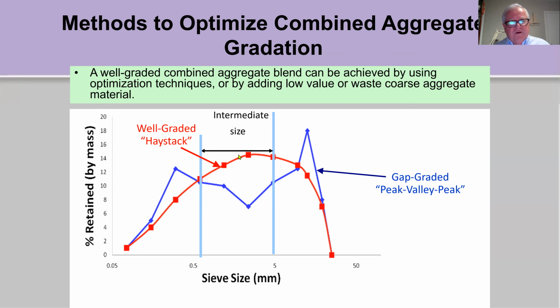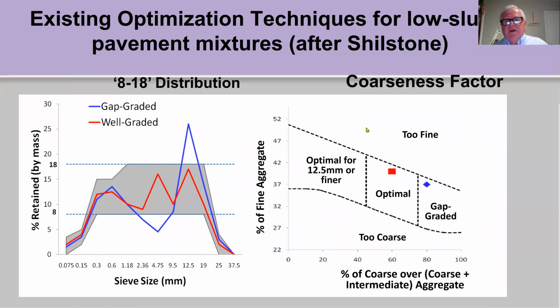What you would prefer for optimized gradation is what they call a haystack, or a red line. So it's up in the middle. So we need something in the middle to fill in that space. And one way to get there for lower workability concretes like pavements has been developed in the United States using a guy named Shilstone, who developed this,